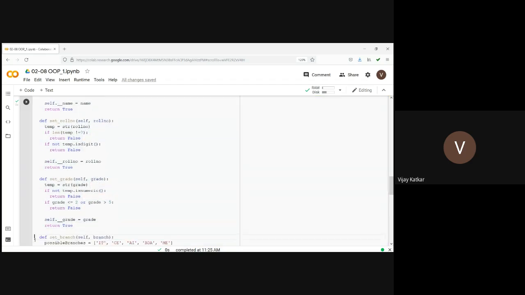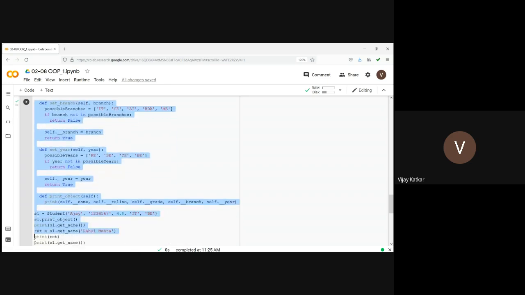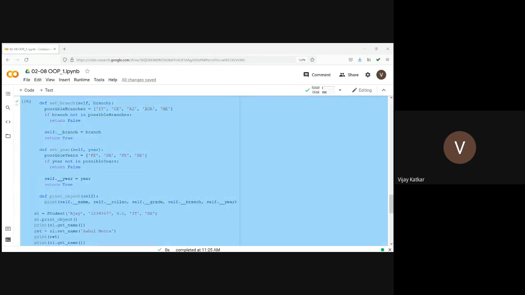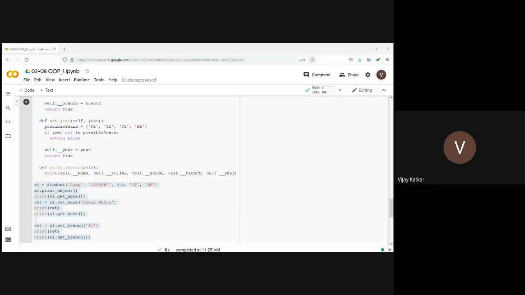After setting the grade, printing the object and remaining part. This much. So class, take 2 minutes. The code is available with you. You can copy the code. You can try other things, and please tell me if I have done anything wrong in other methods for setting or getting.